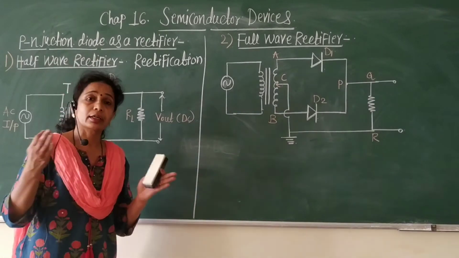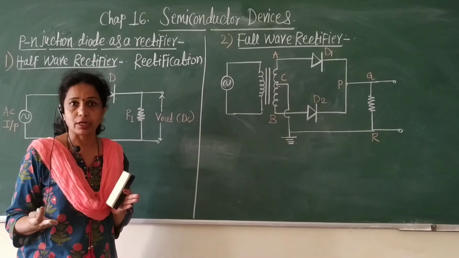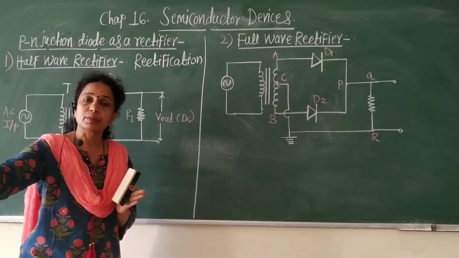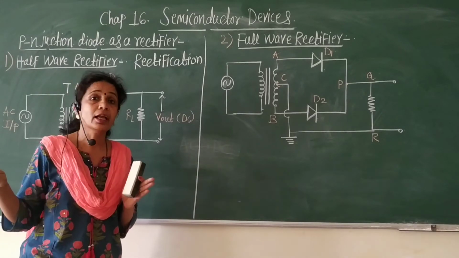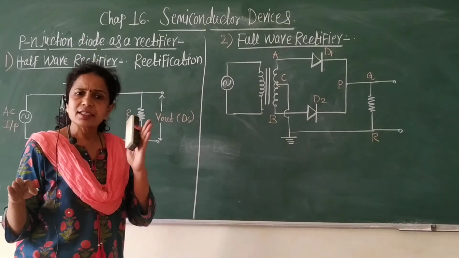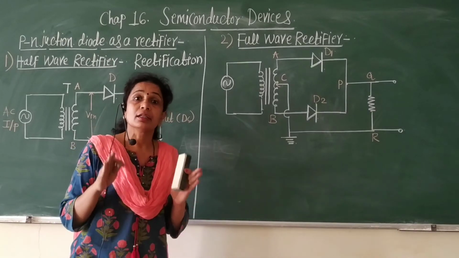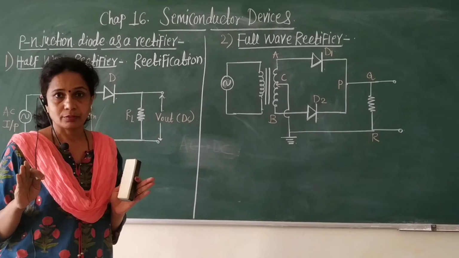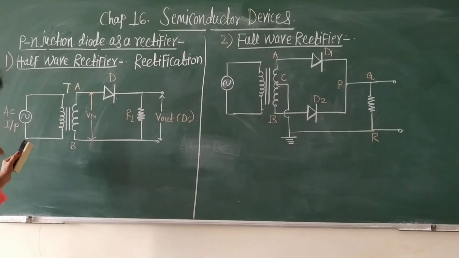You know there are two types of transformers, step up transformer and step down transformer. In step up transformer, we get increasing voltage. In step down, we get decreasing voltage at the output. And second use of the transformer is it reduces the risk of electric shock from the AC supply, because we have to use here the AC input.